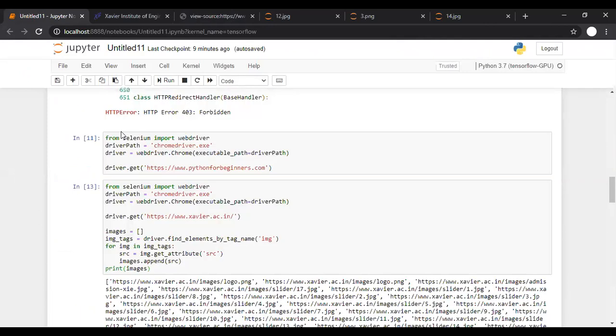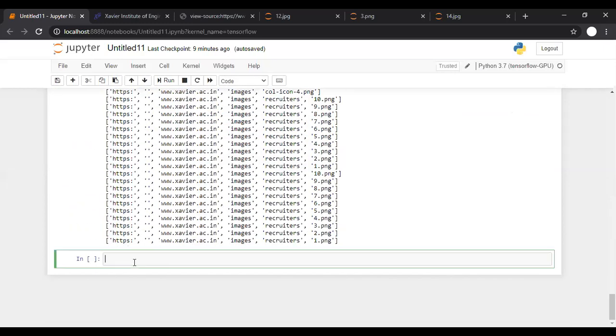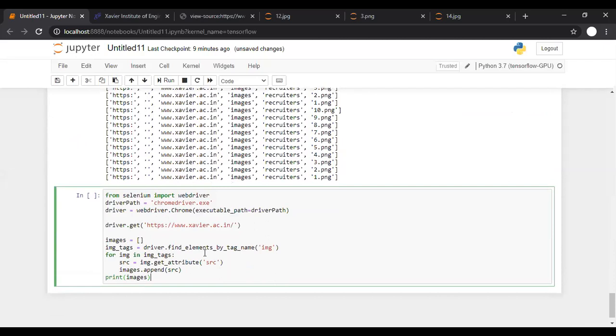Okay, let me copy paste some code. The code is basically the same; I'm just modifying things a bit here and there. So here, find elements by tag name, and instead of the img tag, I'm using li space a.